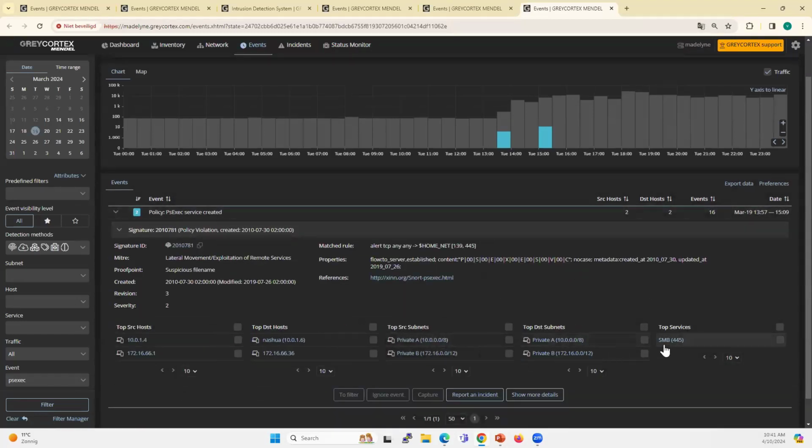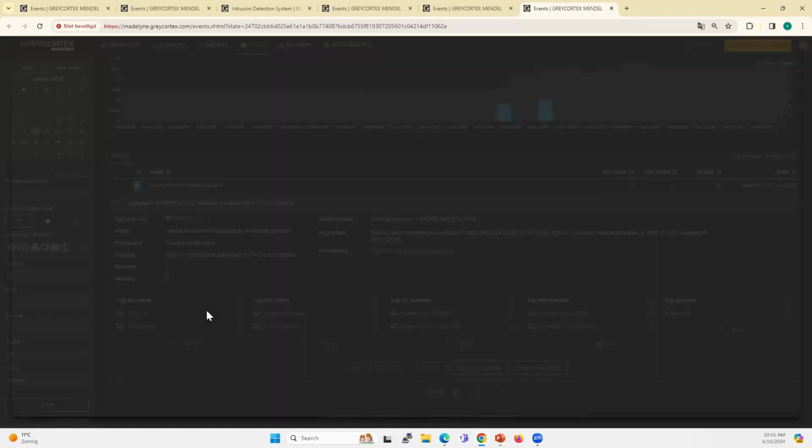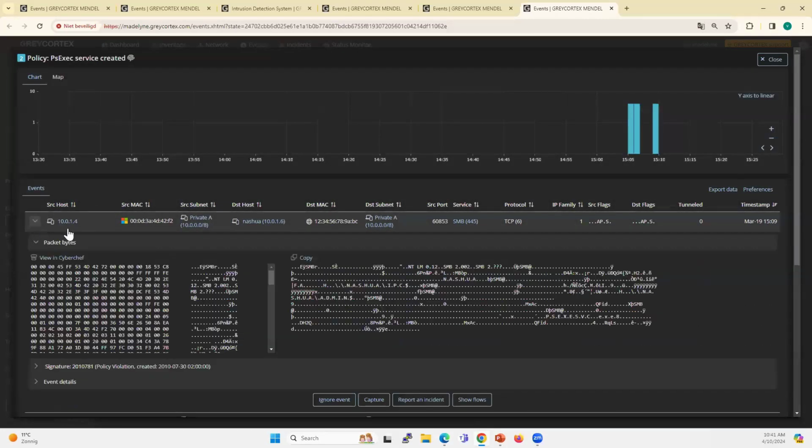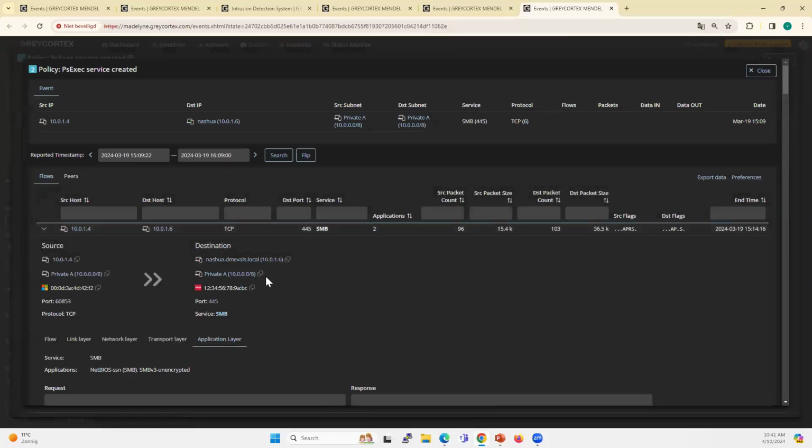Yeah, we can see again that the Samba protocol is used, the 445 port number, and we can see the IP addresses between which the communication was established. We can go and see what is really inside of that communication. You can see here that the share IPC is reached and what is done there. So we can drill down a little bit and see what is going on the system itself,